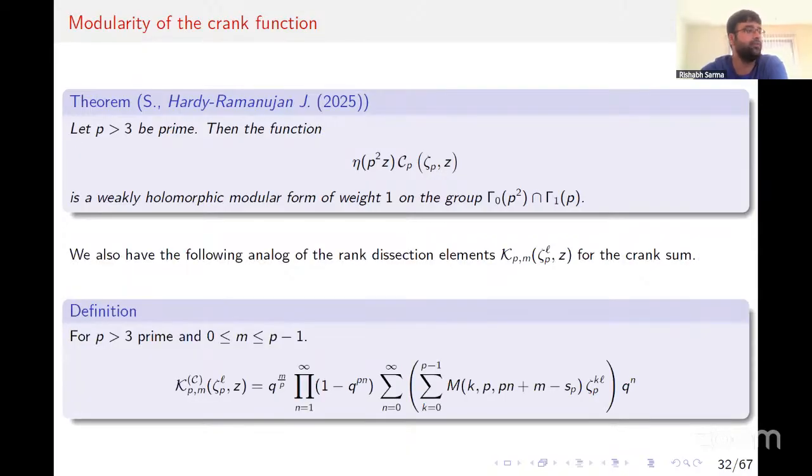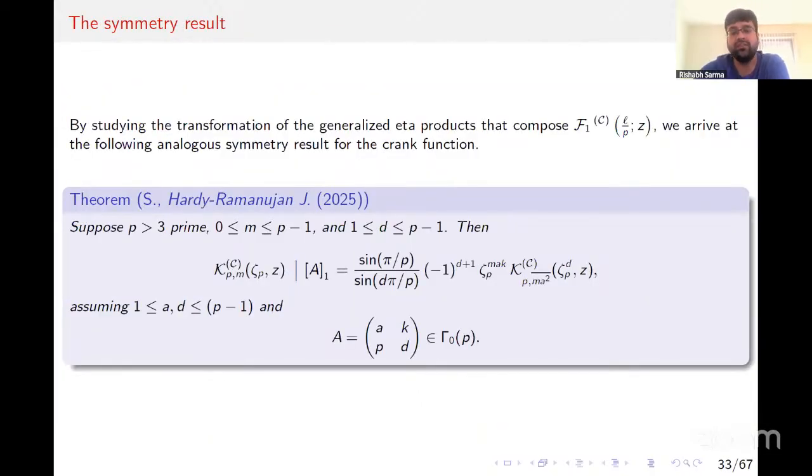We also have the following analog of the rank dissection elements for the crank sum. So the dissection elements for the rank involve two cases, one for when minus 24m was a quadratic residue and one for when it was a non-residue modulo p, but the corresponding thing for the crank generating function does not involve the quadratic residue case, so it is much easier to handle. So these are the dissection elements that we define,